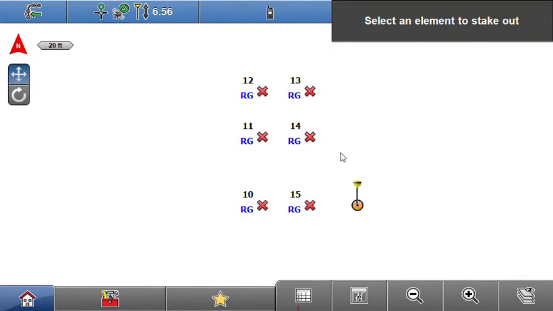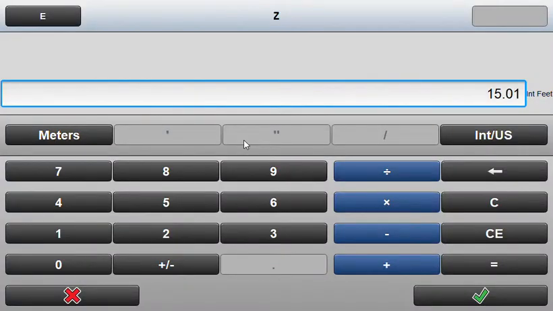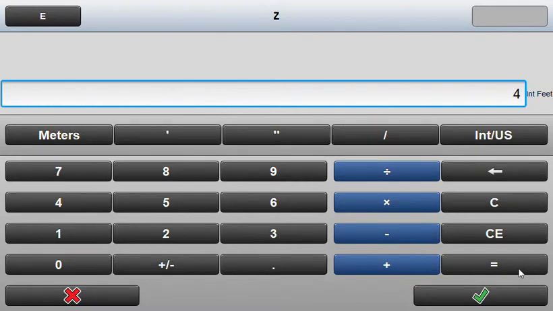So we're going to do the same thing. I've just got my rock points shown right now, and we are going to do this process again. We're going to call the next batch of points PG for pay grade. So we're going to do the same thing here. Now we're going to say new point, and we're going to click on this guy here. Again, we're going to tap in our Z value, our elevation, and we're going to say minus 4 equals,